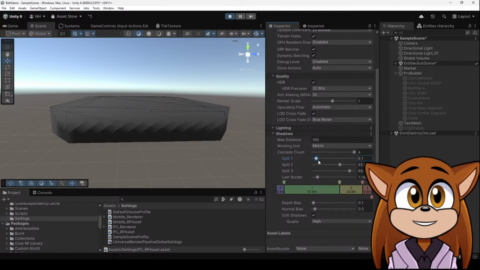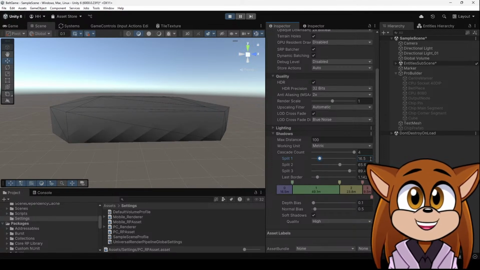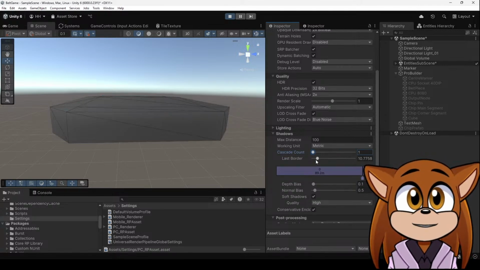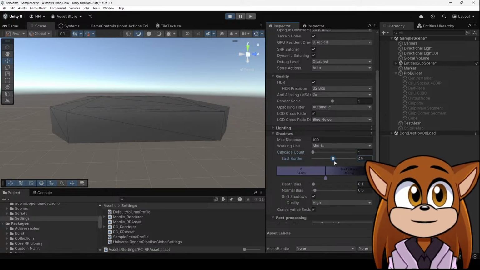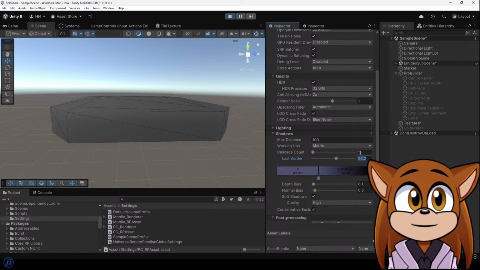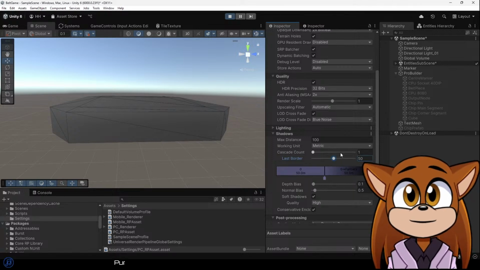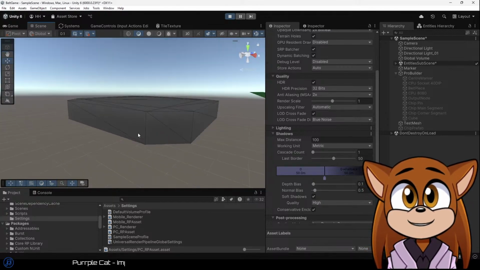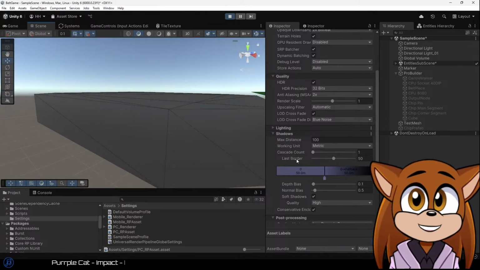So confused. I really don't get the shadow thing. The shadow thing is so weird to me. It doesn't do what I expect it to do. Yeah, it looks all